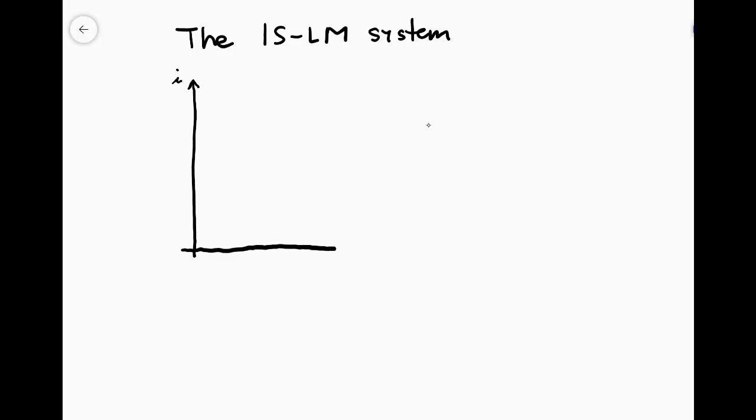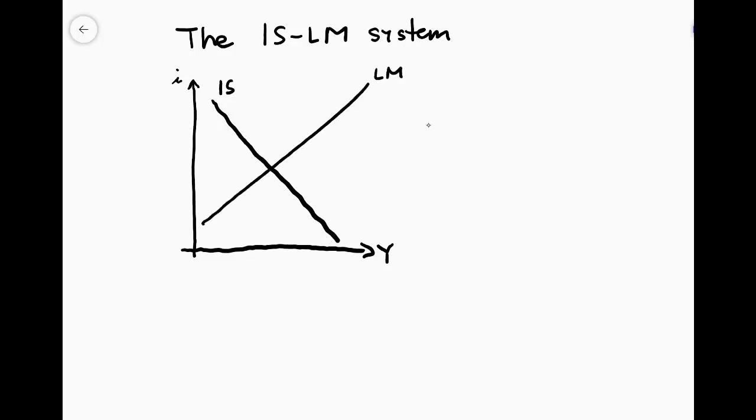So this is on the vertical axis, and we have real output on the horizontal axis, and we know already that we have a negatively sloped IS curve and a positively sloped liquidity money curve. So the investment savings curve shows us those combinations of the interest rate and real GDP at which the goods market is in equilibrium. That means where Y equals the total planned expenditure in the economy,